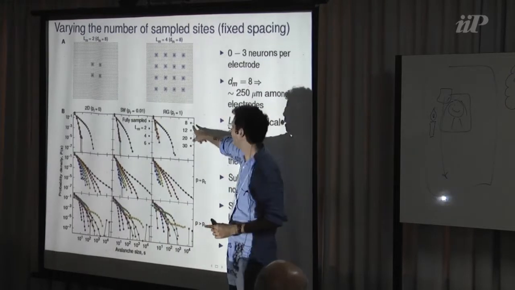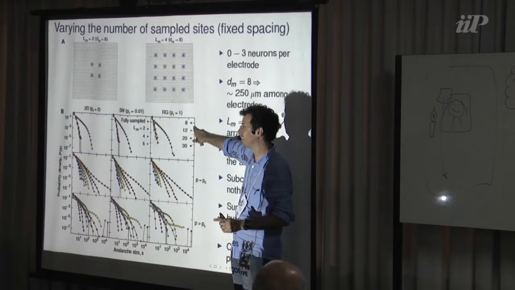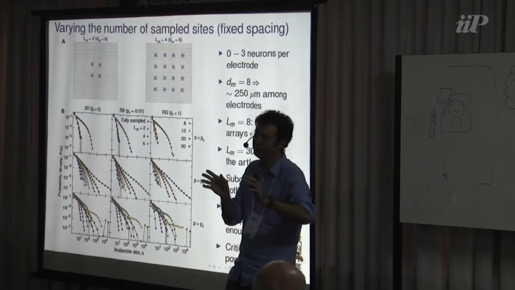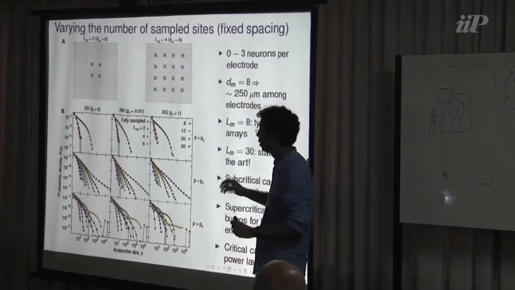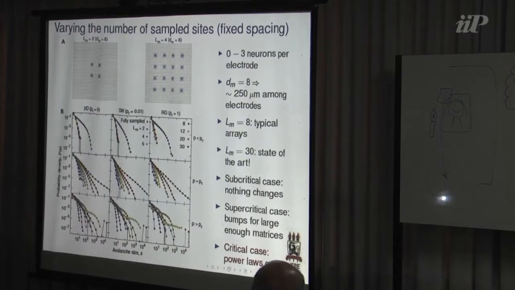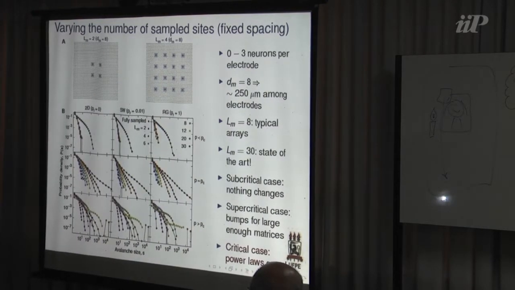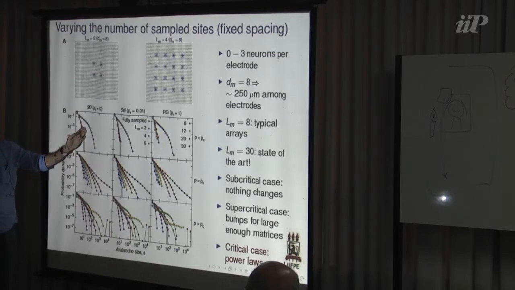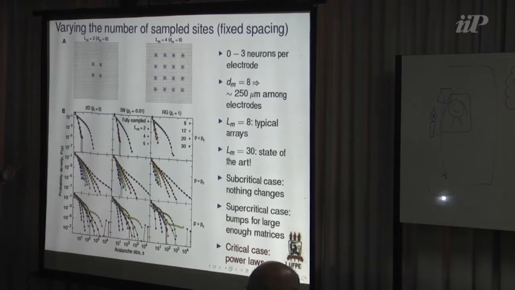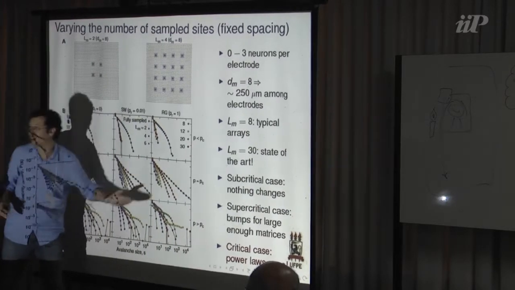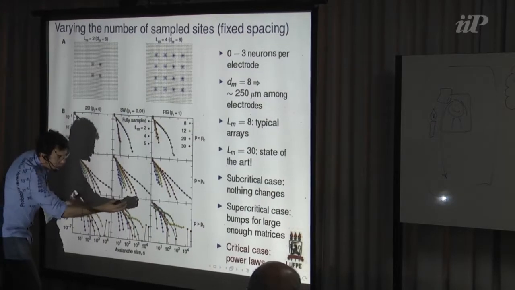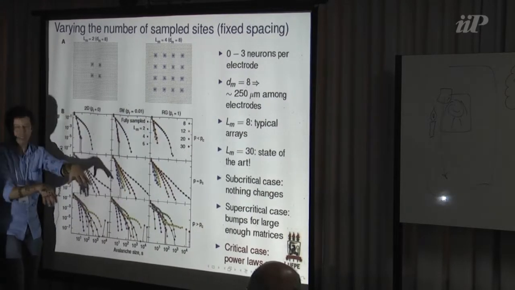What we do have is 8 by 8, like the first page. 64. Is it more like a typical number in the literature in the last 10 years? I don't know, right? And essentially, you don't have to understand all the curves. You just have to tell me if you find a single power law here, which is not black. Black is full sampling. Okay? Full sampling is critical here, because I made it critical, of course. But as soon as you undersample it, even if it's supercritical, and you undersample it,